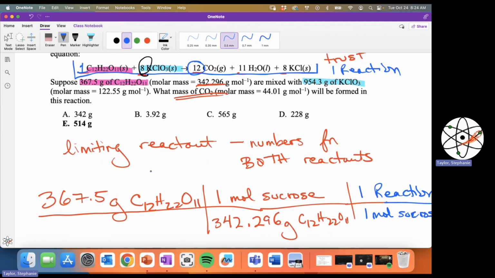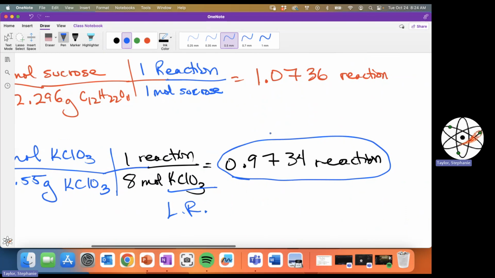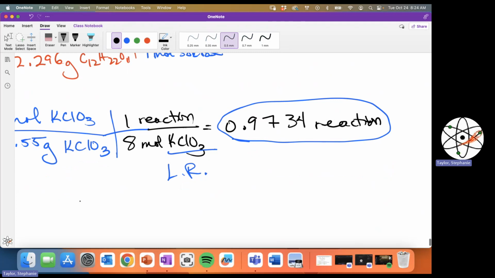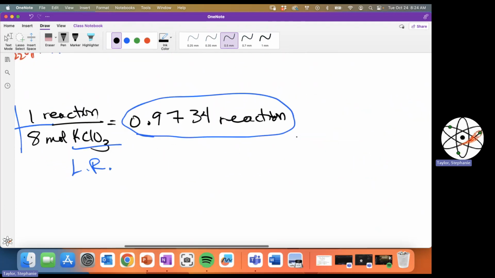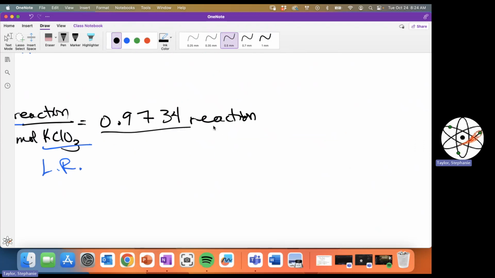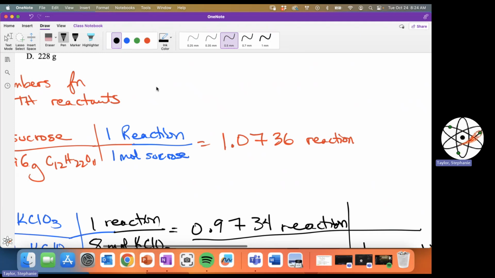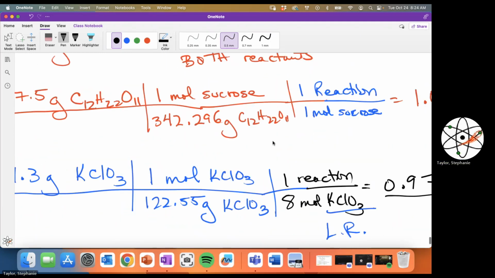What mass of carbon dioxide will be formed? So the beautiful thing is I already have this reaction number. So I'm actually going to use that number. We calculated it. It's real. So I'm just going to say that because I can make that many reactions, and in one reaction I have 12 moles of carbon dioxide,